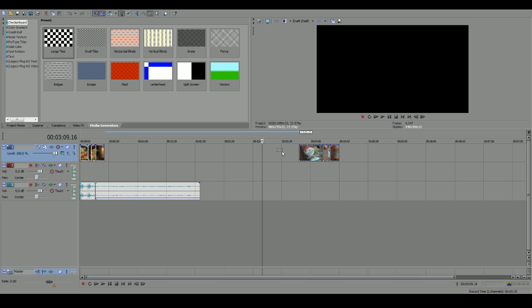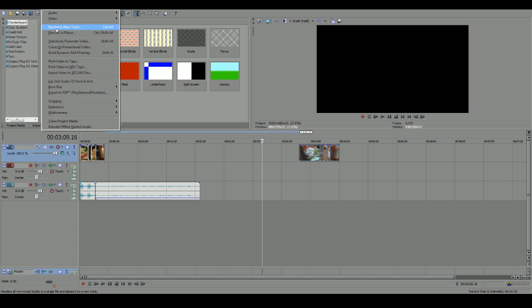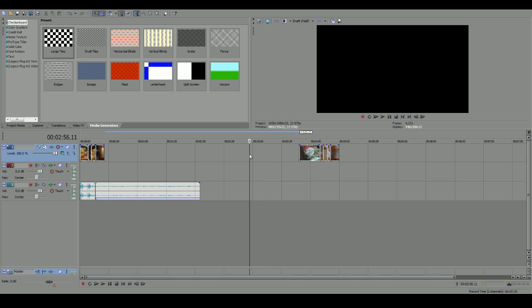A tip for those of you that use Sony Vegas Pro, while you're adjusting stuff and trying to choose different tools, instead of actually changing your tools up here, which would take years, just press the letter D on your keyboard and you'll shuffle through all the tools. You'll shuffle to lasso, where you can grab multiple things at once. You'll shuffle to magnifying glass, which don't ever use that. You'll hate yourself. You just got your point and click cursor, and you've got whatever that is. I never used it, so that sucks.